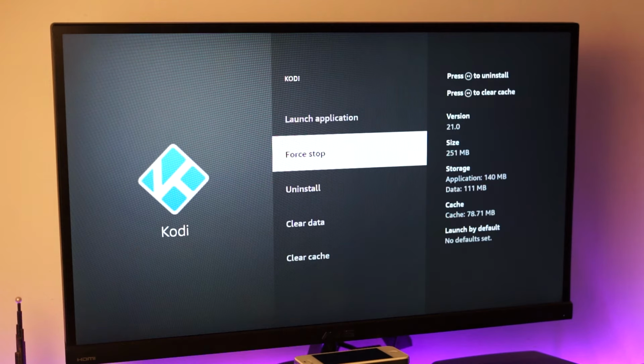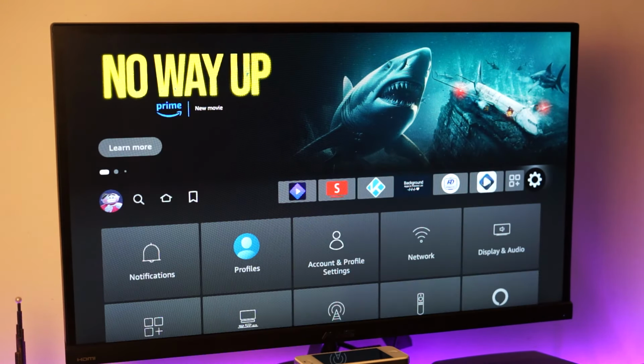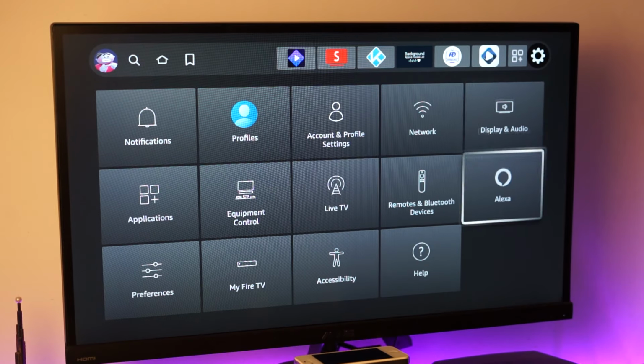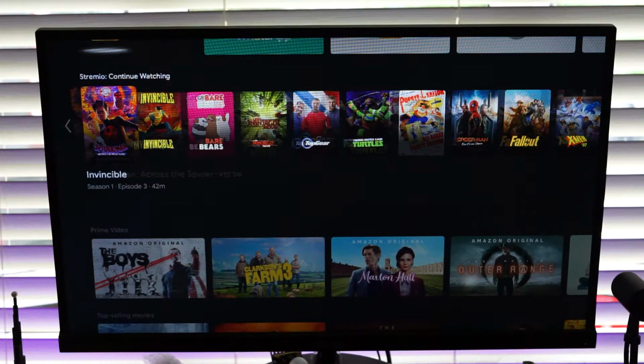See, in reality, it's not that bad at all. Sure, it does take up a decent chunk of your peripheral vision, but it's not like there's pop-ups appearing on your screen. There's none of that. All the advertising is pretty much strictly on the homepage, and that's not exclusive to Fire TV OS either. Android TV does the exact same thing now,